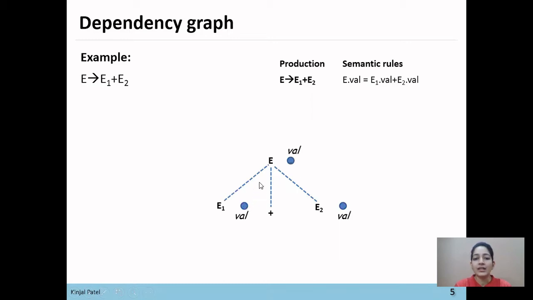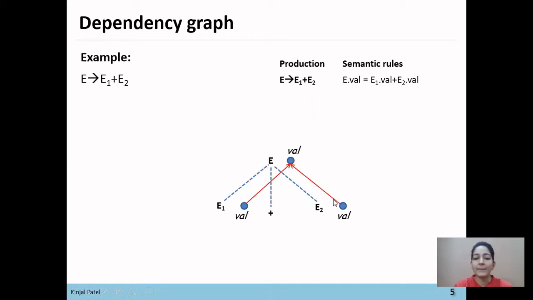The dots represent the attribute value of each node. Here E depends on E1.value, so an arrow will be constructed from E1.value to E.value. If there is an edge from E1.value to E.value, it means E.value depends on E1.value, so before computing E.value, E1.value should be computed.